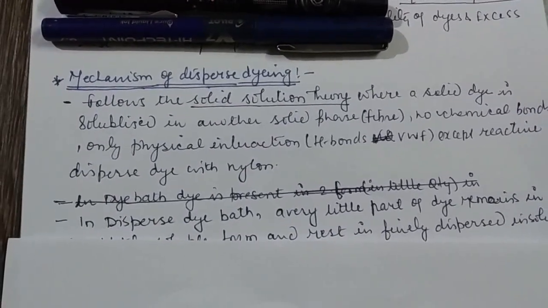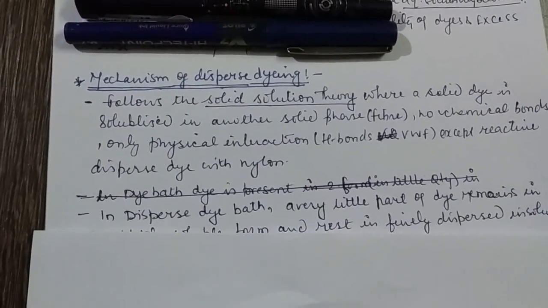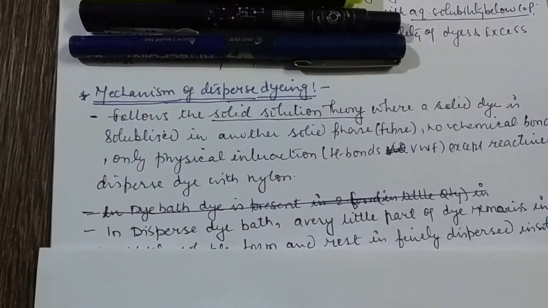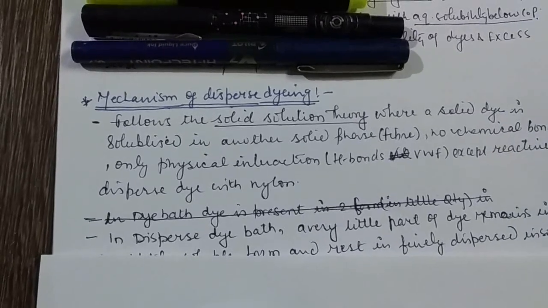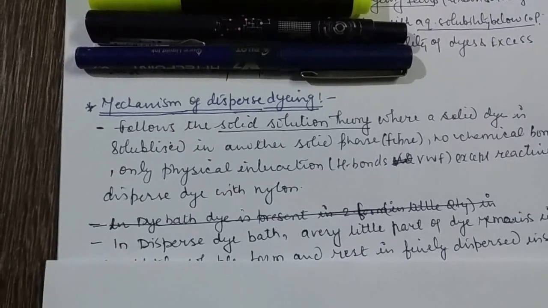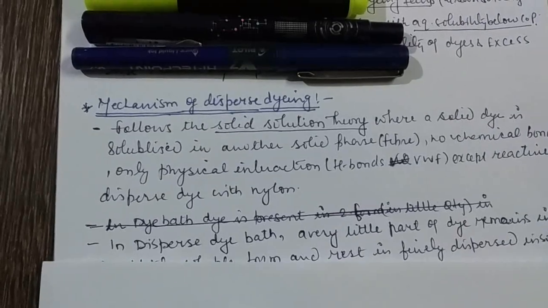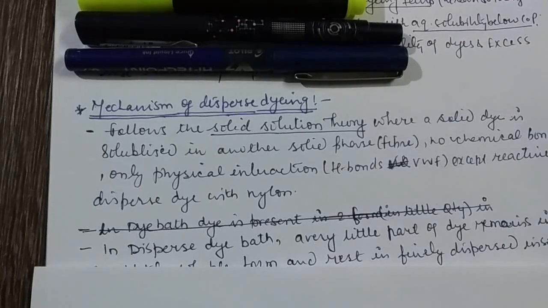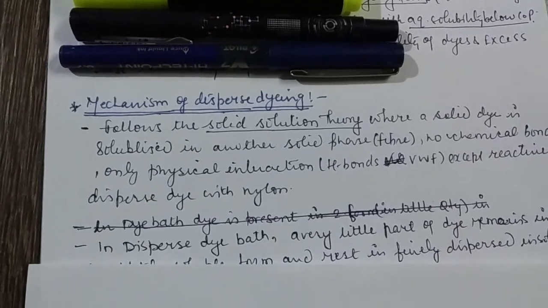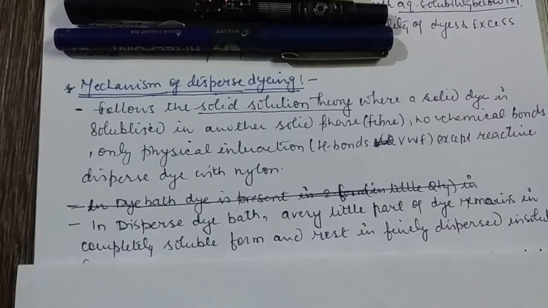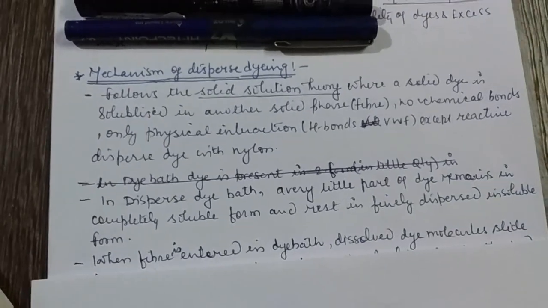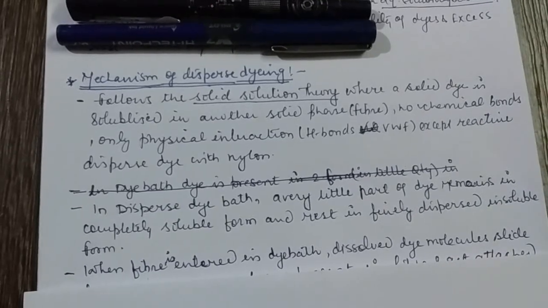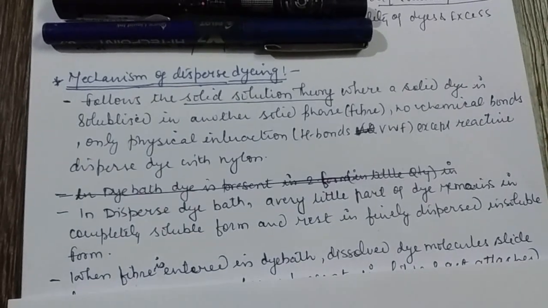In solid solution theory, as you know, solid dye is directly solubilized in another solid, that is fiber. That's why we call it solid solution theory, which is exactly what happens in disperse dyeing of polyester fabric. In a disperse dye bath, a very little part of the dye remains in completely soluble form and the rest is finely dispersed in insoluble form. It means when you start the dyeing,